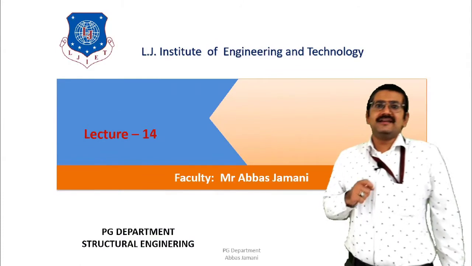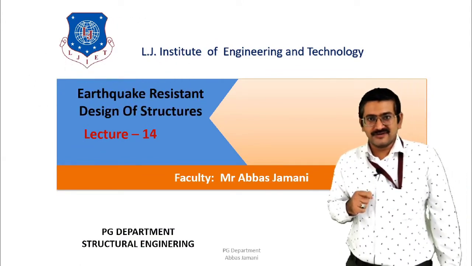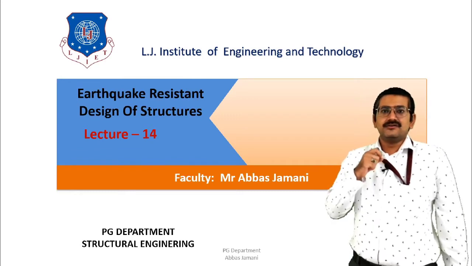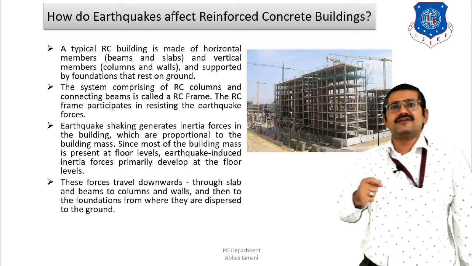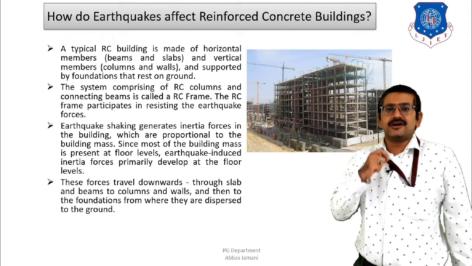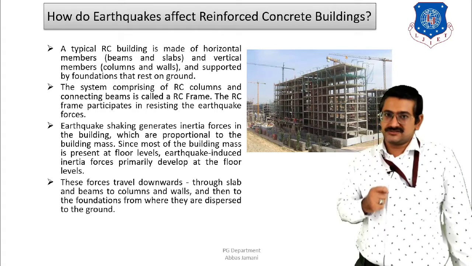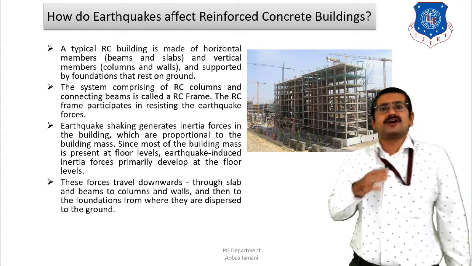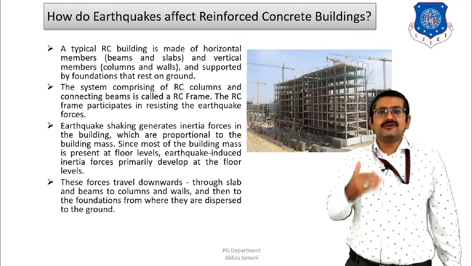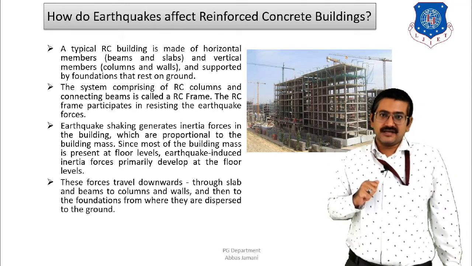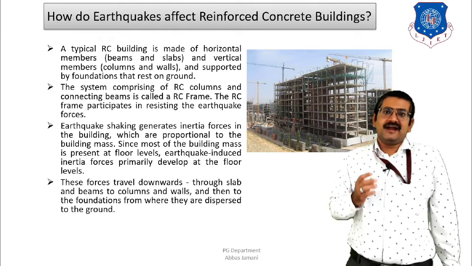Right. So in case of masonry buildings that we had discussed last time, if you remember, we discussed that the roof, the wall and the foundation are going to play an important role in order to ensure the smooth transfer of horizontal forces from the top level to the soil. Right. So similarly, when we talk about the RCC buildings or the frame structures, the four key components are beam, column, slab and the walls.